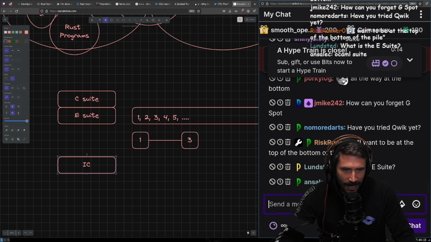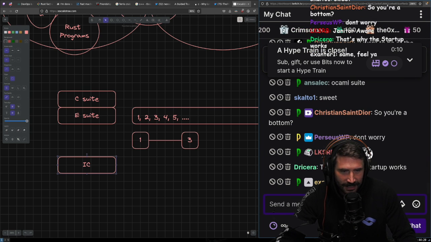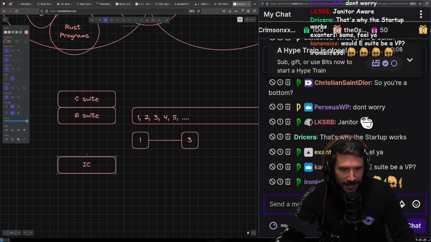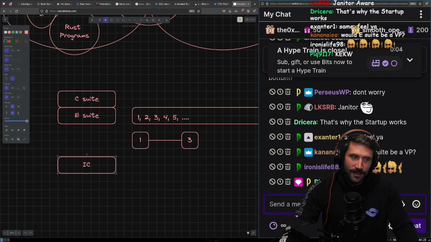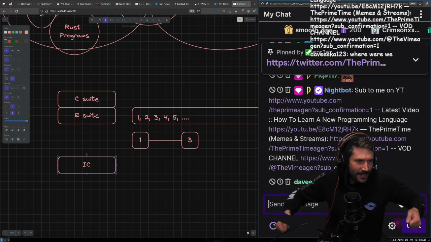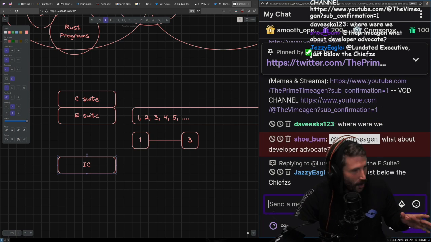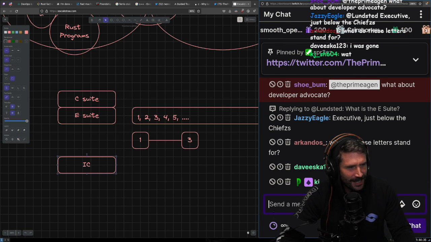We all know that. I want to be at the top of the bottom of the pile. Exactly. So you're a bottom. Either I'm a top or I'm a bottom. I'm not a middle out. Okay. There's no efficiency here. I'm not rowing the boat, as they say. Right. There's no rowing the boat around here. Is that what they say?